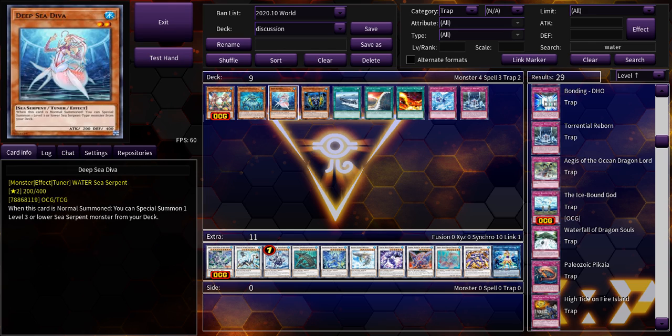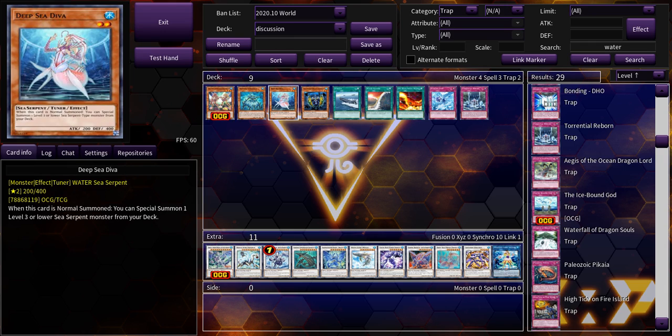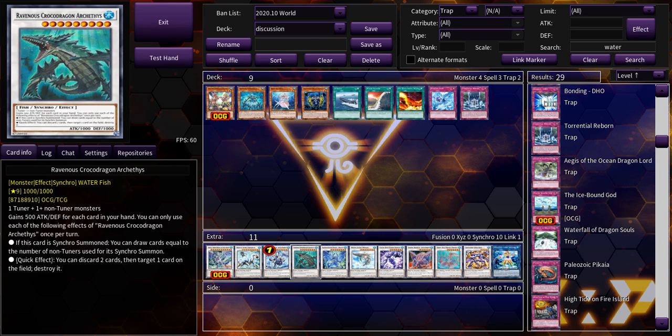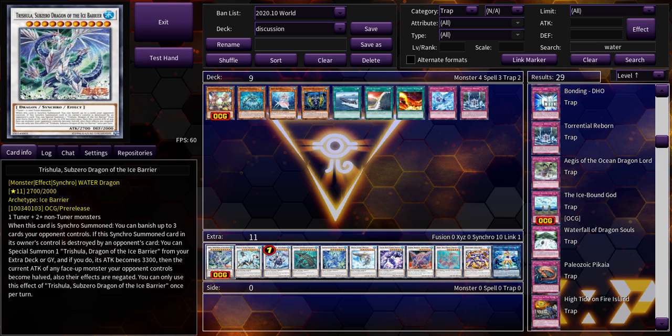Since you have 3 water monsters that you control, you can send 3 cards from your opponent's deck to the graveyard. You can use Duonigis effect to change Diva to level 4. And then you have level 9 plays. So Diva is 4, Heavy Infantry is 6, and then the Duonigis is 3 for 9. So you can summon either your Crackle Dragon, Trishula, or the other Trishula that's coming out in the Ice Barrier